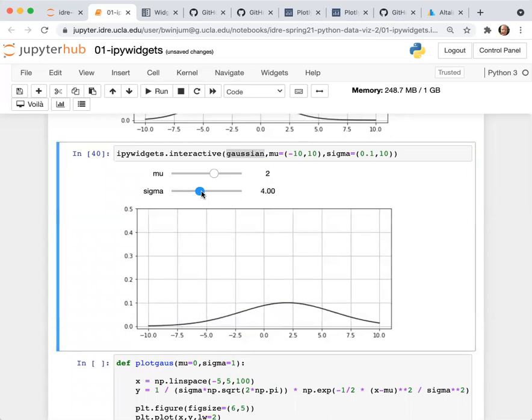I'm sure many of you in your research might have come across complicated functions or models that are dependent on different variables in very complex ways. So making a slider like this that you can vary, to instantaneously see how the graphic varies as you vary a certain parameter, can be a very useful tool when you're trying to conceptualize the dependency of something on some other variables.